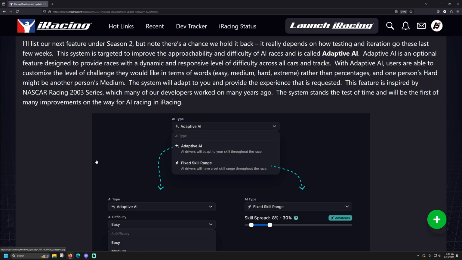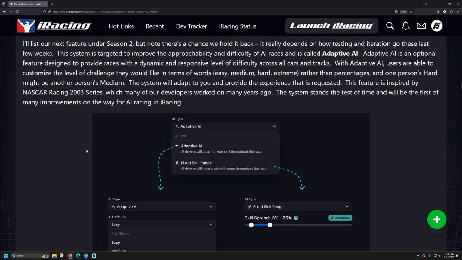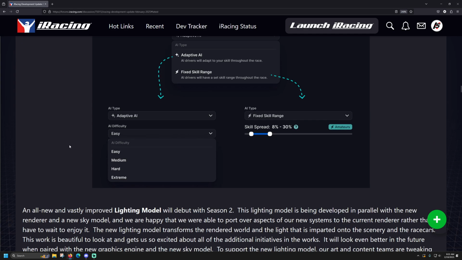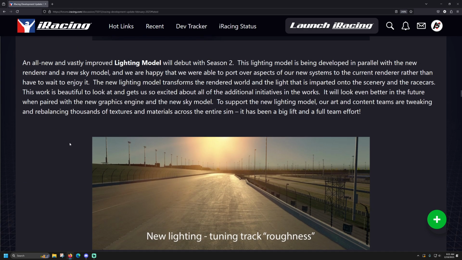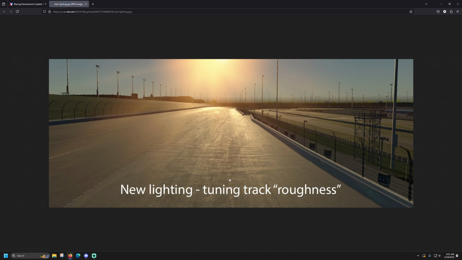And so that, to me, AI is just a bit of a waste right now. It's nice to go practice if you need practice, but you got cars that just can't race side by side at a lot of the short tracks. New Sky model, light model, and yeah,